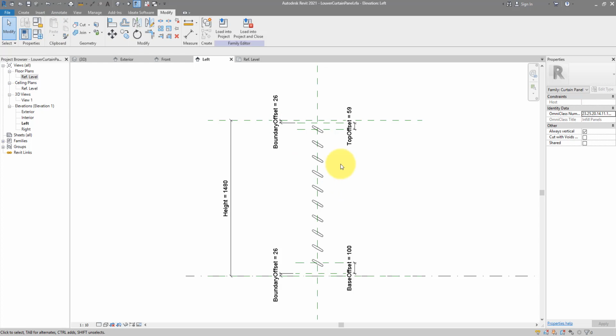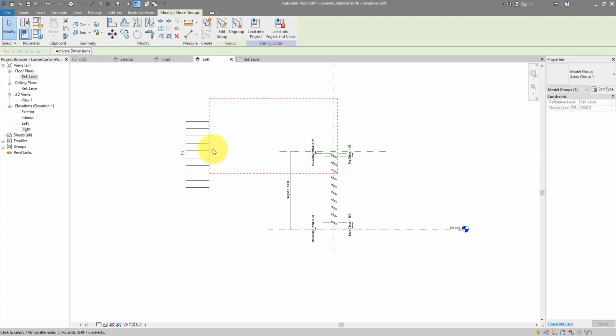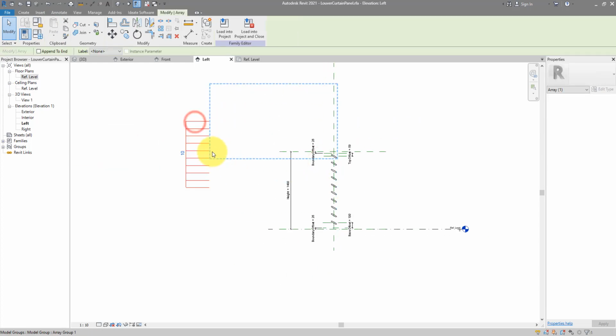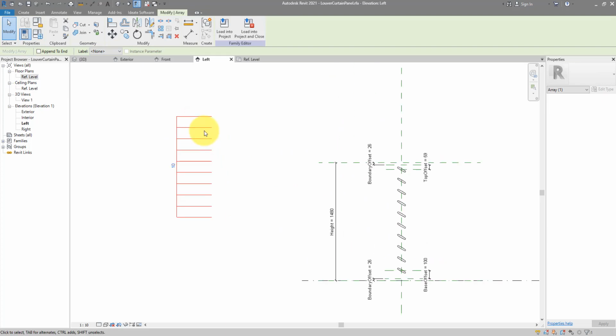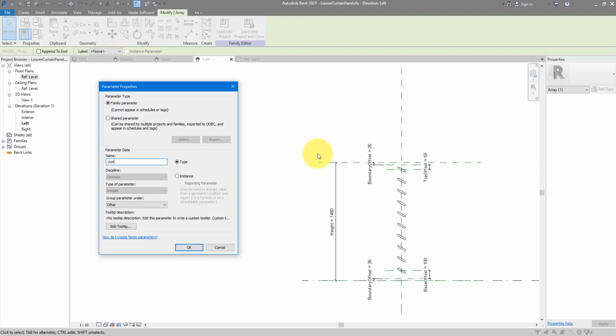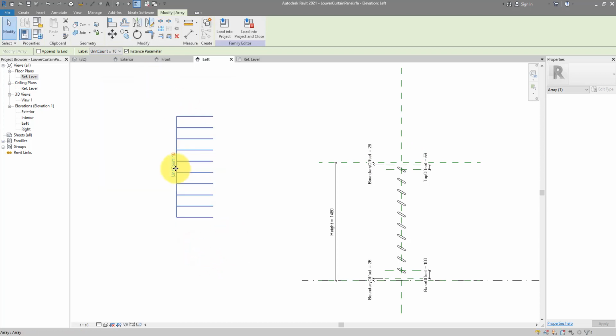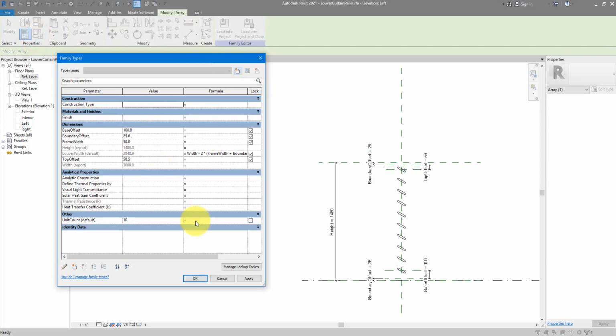We can now select one of the units there and select this dimension. That shows you how many units there are in the array. I can now hook it up to a new parameter called unit count. And it should be an instance parameter. Anything that flexes with the curtain panel's width and height in the project should be instance. I'm sure you have seen the pattern so far. And now to drive this unit count, we can go back to the family parameters box and use the formula here. Now it should be height